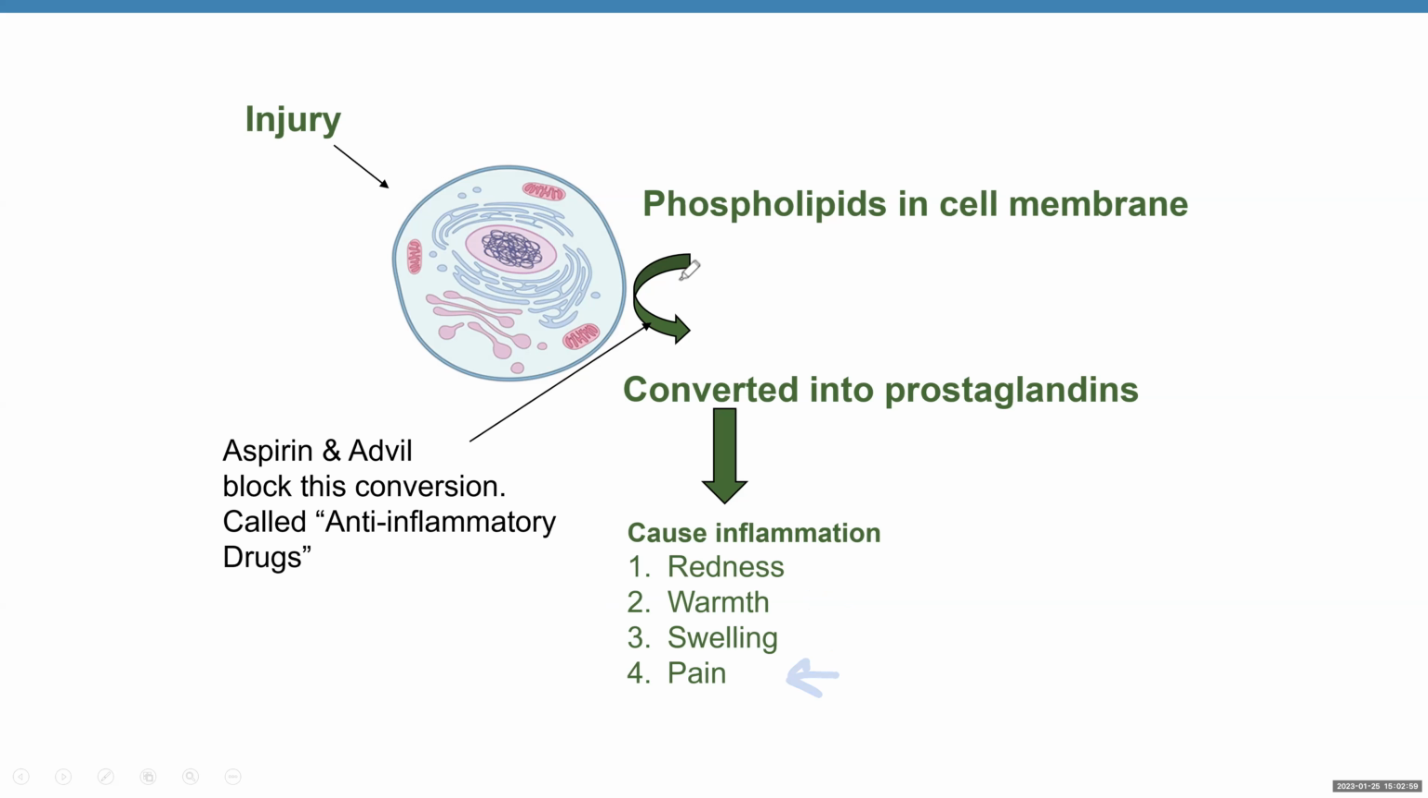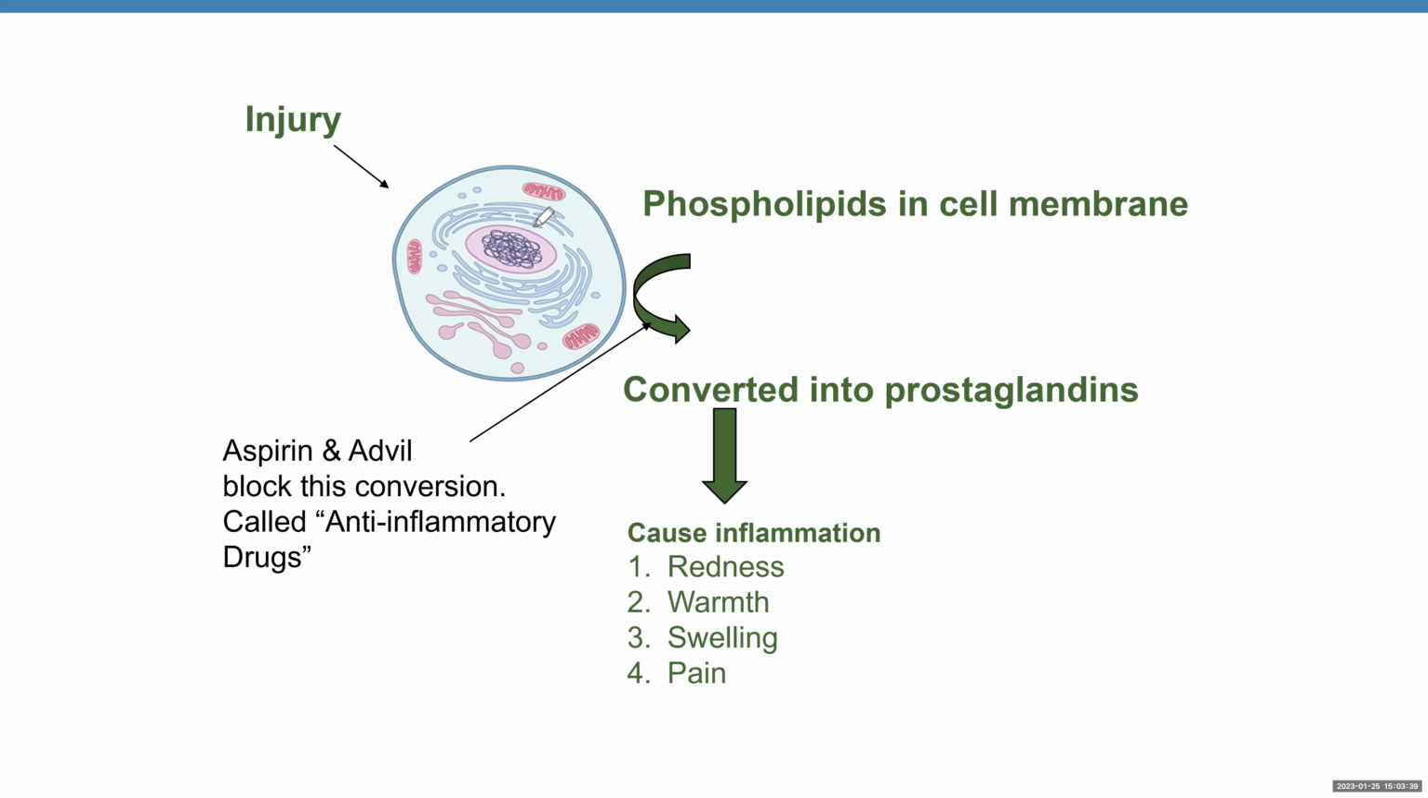Now, what if we can block this conversion? For example, we have a bacterial infection and bacteria damaging our cells, and we have very severe inflammation. One reason, not the only reason, but one reason why we have inflammation is because we have prostaglandins. What if we can block this conversion, and then we reduce the amount of prostaglandins so we can reduce inflammation? We can do it using medications, aspirin and Advil, which block this conversion and are called